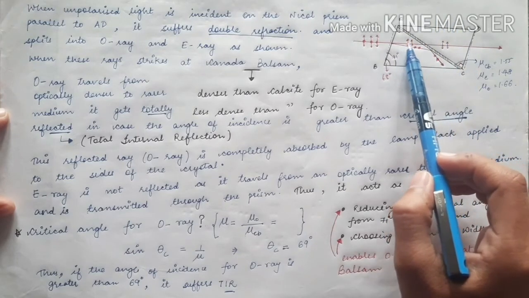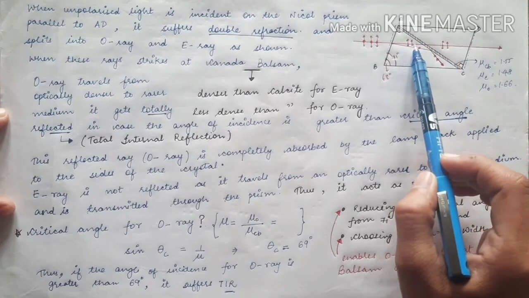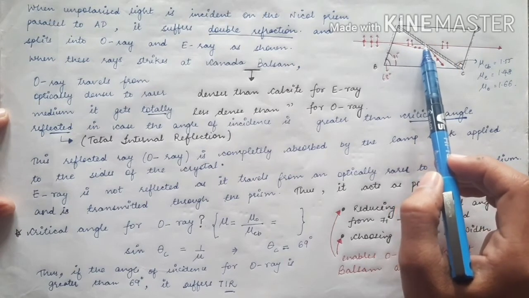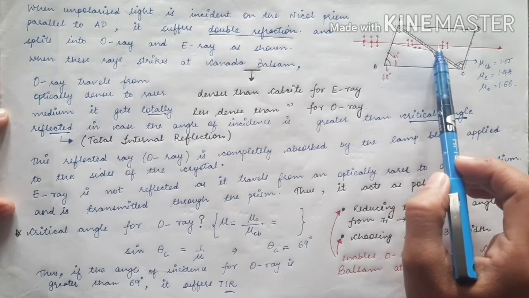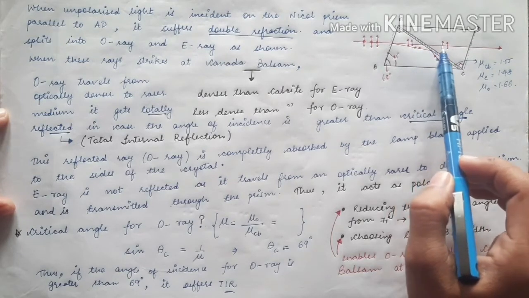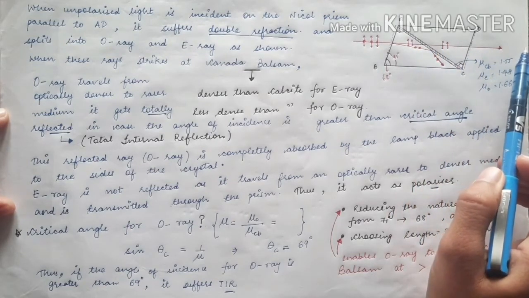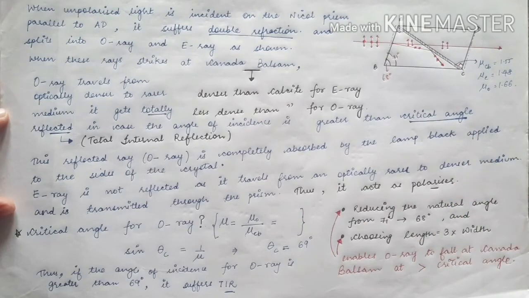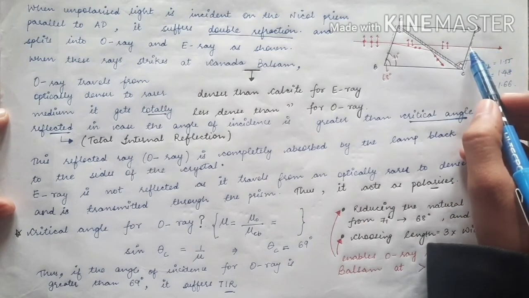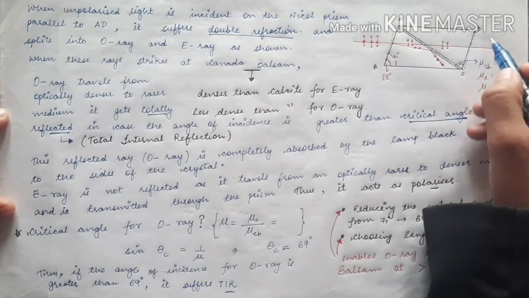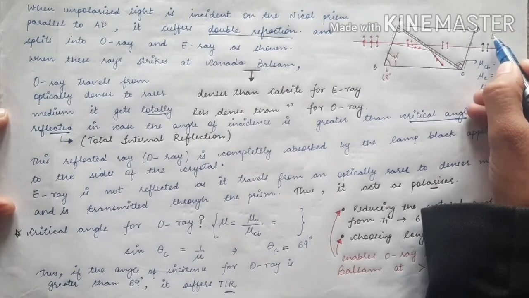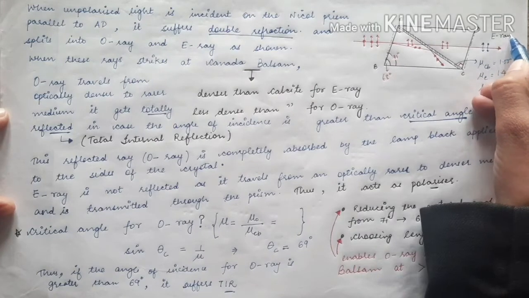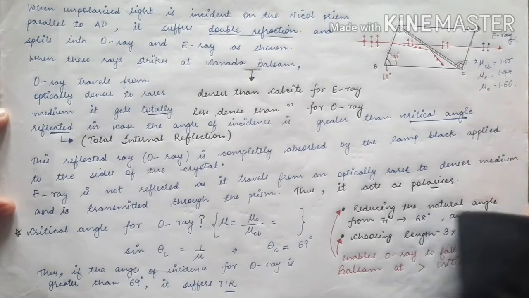whereas the other ray, the E ray, is traveling in a rarer medium and it strikes on a Canada balsam layer which is a denser medium. So there will be normal refraction over here. So it will pass through the prism as it is. So the ray which we get outside the crystal on this side is the E ray and it has its vibrations in the plane of the principal section of the Nicol prism.